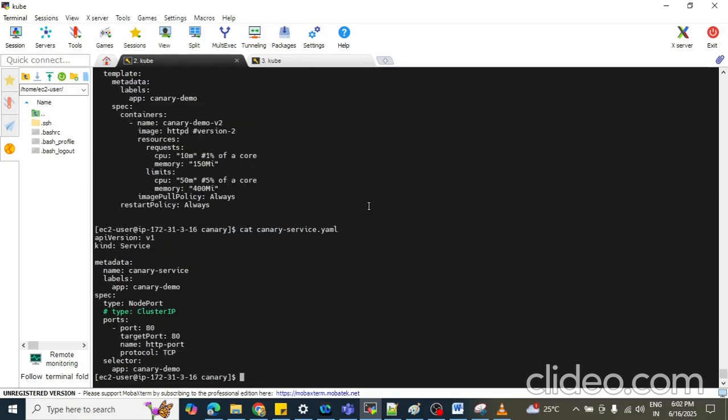Here you can see that we are exposing both versions using a single service.